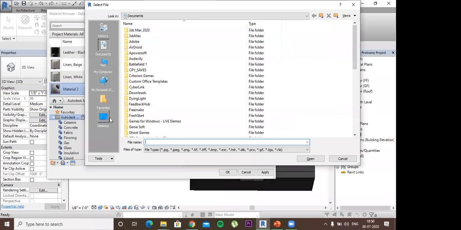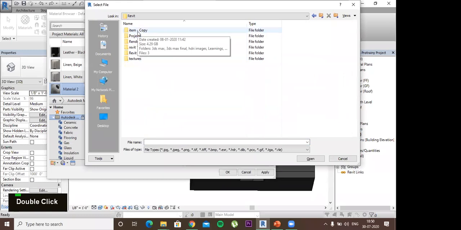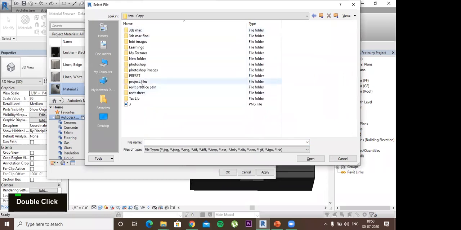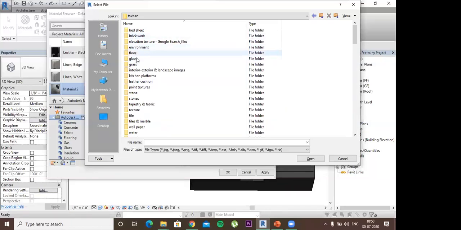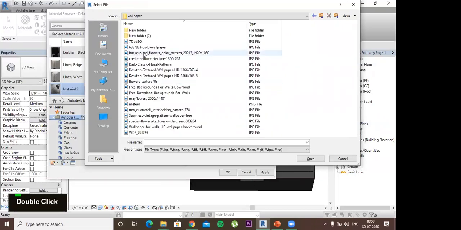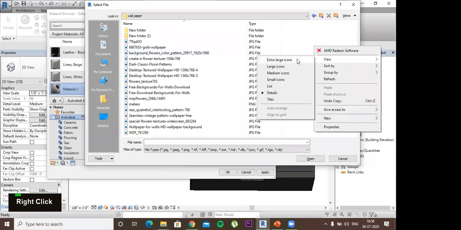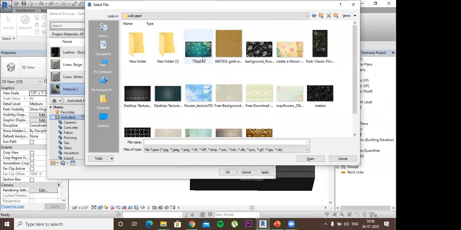In that we have to go to desktop and Revit, or wherever you have copied that image. Go to texture library, texture, wallpaper maybe, or whichever texture you want. You can download it from Google Images, for example.